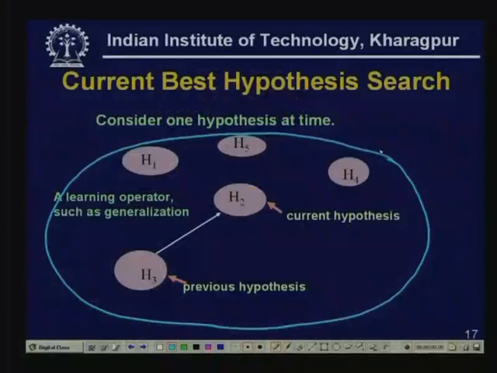One possibility, you consider only one hypothesis at a time which you call your current hypothesis. Now, if the current hypothesis is not good enough, you choose another hypothesis which is your next hypothesis. So, this is a previous hypothesis and you try to go to a neighboring hypothesis